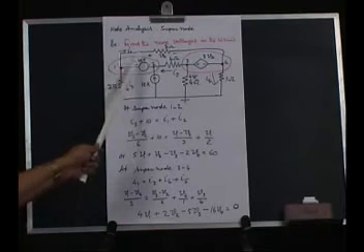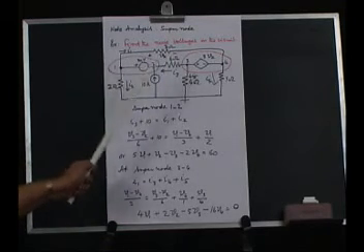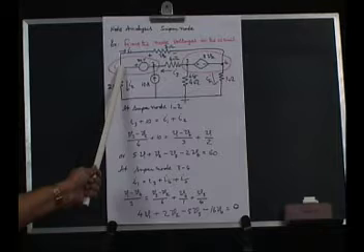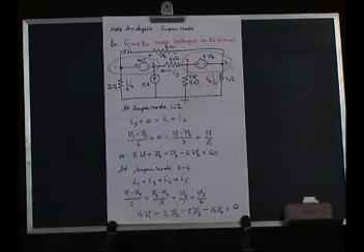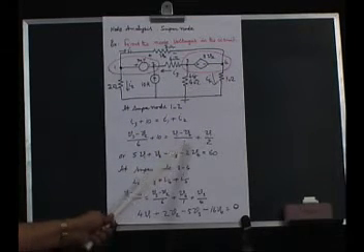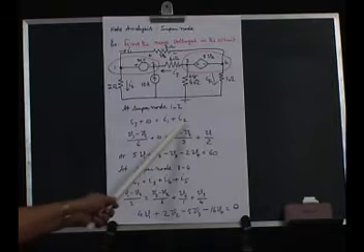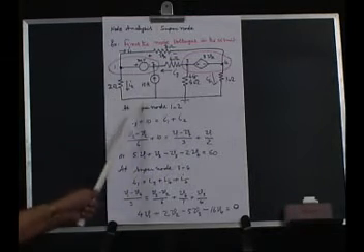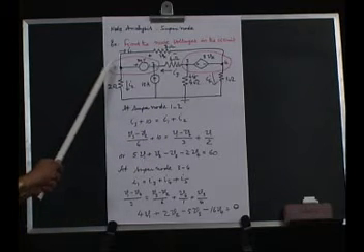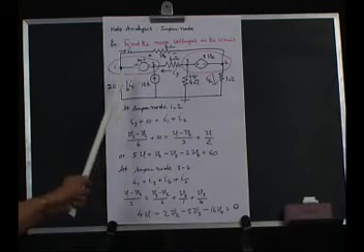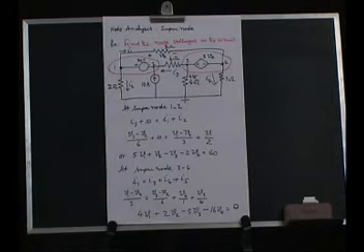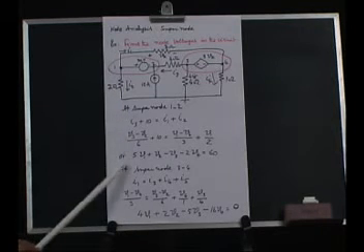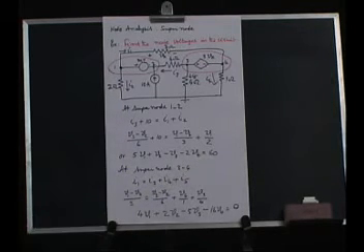I1 is the current flowing in the 3 ohms, and the potential at V1 is higher than V4. So, (V1 minus V4) by 3 is the current here. And what about I2? I2 is the current flowing here. If this is the reference and this is V1, then V1 by 2 ohms is the current flowing in this particular resistance. If you simplify, we will get an equation in terms of the voltages V1, V2, V3 and V4.